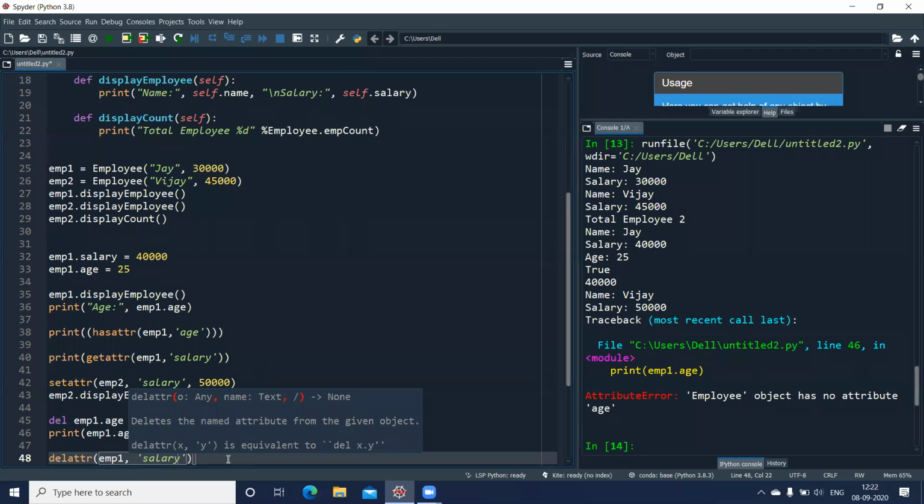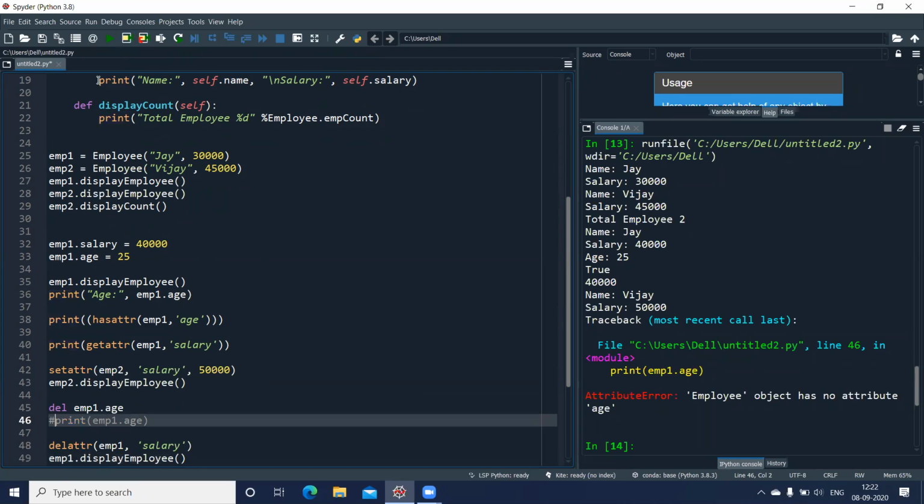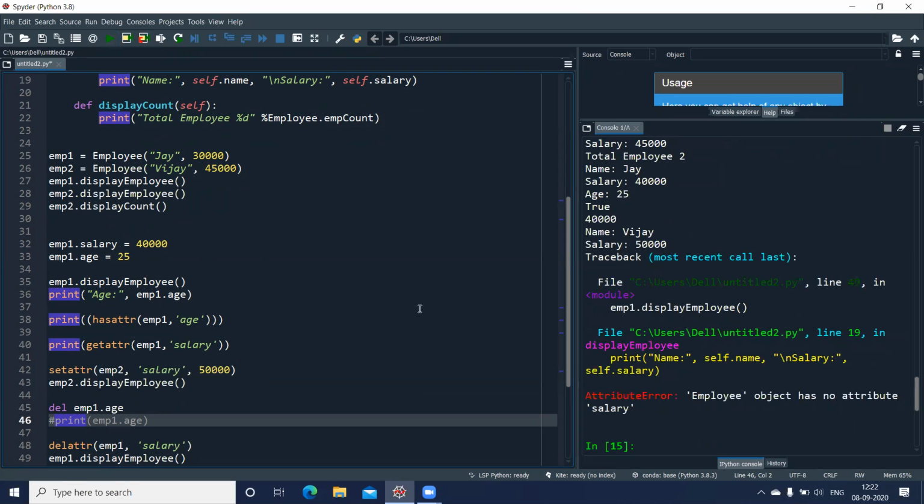And now when I display employee 1, display employee, and run this one. Because this is going to give me an error, I'll just mark this as a comment. I'll run this. And now you can see after deleting the salary attribute, it is giving me an error.